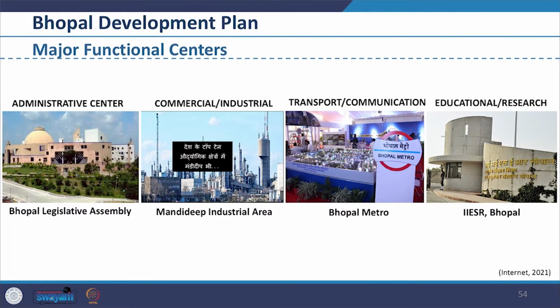Bhopal, being the state capital of Madhya Pradesh, is fast growing as a multifunctional capital city. Rapid changes taking place in the urban economy due to globalization and liberalization of economic policy, started in the early 1990s, have placed a new demand on Bhopal, which is emerging as a national city. Based on these perspectives, it is envisaged that Bhopal is likely to perpetuate the major functional characters as administrative center, commercial cum industrial center, education cum research center, transport and communication center.